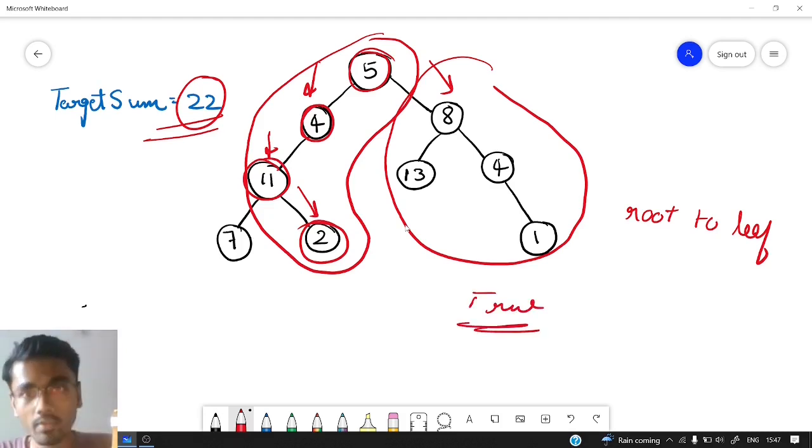So this is how we will approach. We will check by going in each and every direction, and if any one valid path is available, we will return true. Otherwise, we will return false after checking each and every direction, or going to each and every node. So let us go to the code now and understand it in a better way.